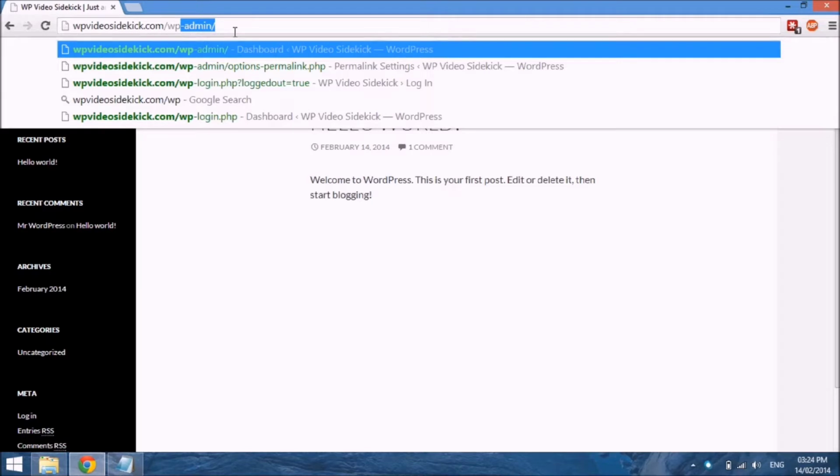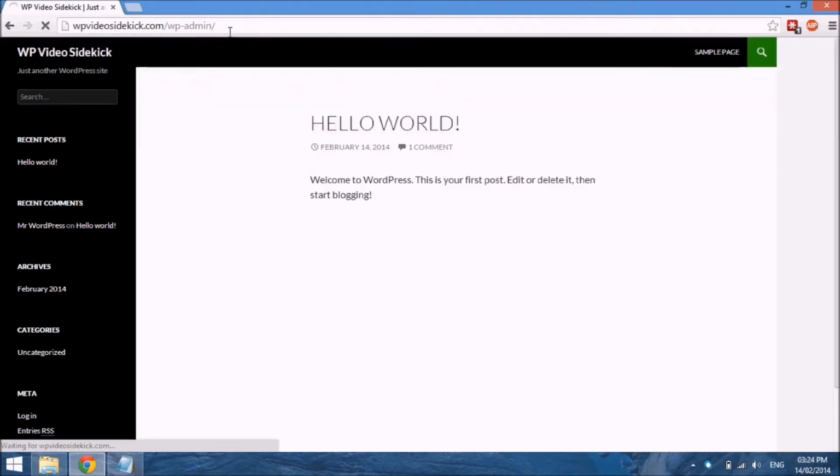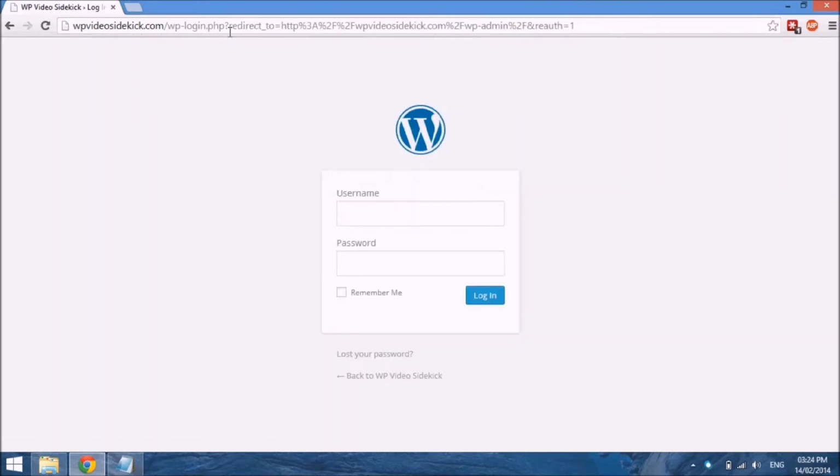to our main website address, and then select enter, and it will just take us to a page where we can log in, and you would put your username and your password, which you would have created when you were installing WordPress. So if we just select login,